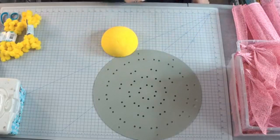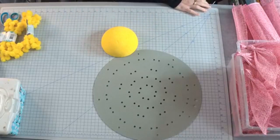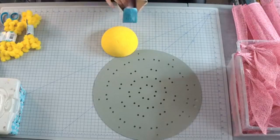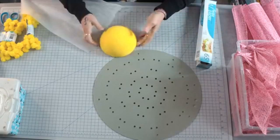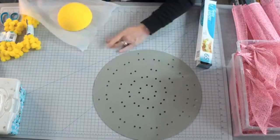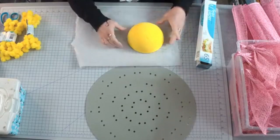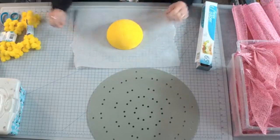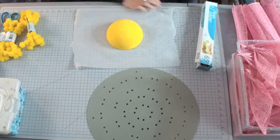So the first thing I'm going to get started on, even though my flower center is dry, I am going to put a small piece of wax paper down, even though I got some on there. And I like to work on the wax paper so I don't get glue and stuff all over my cutting mat. And then once I'm done my center, I can roll up this wax paper and just throw it in